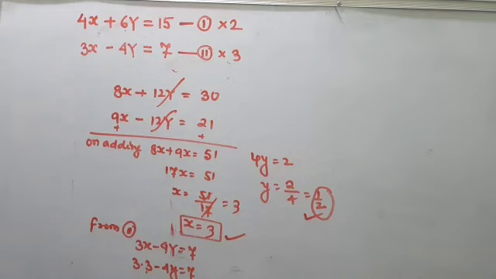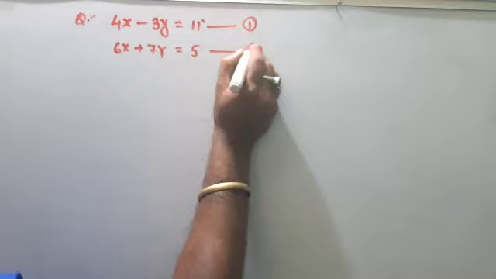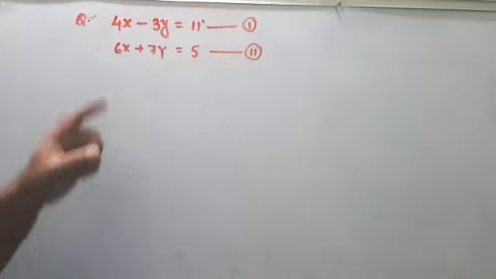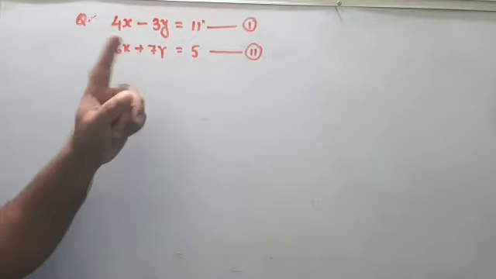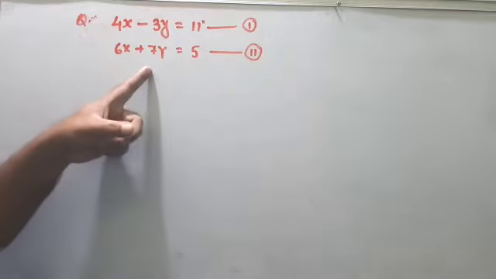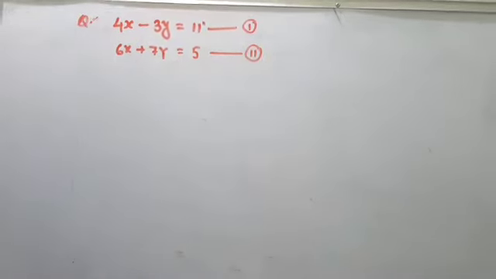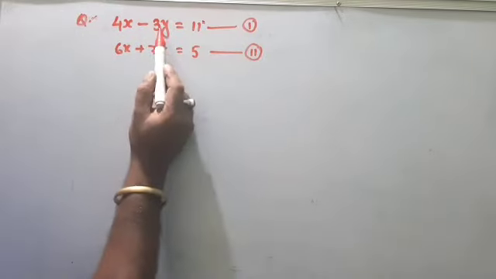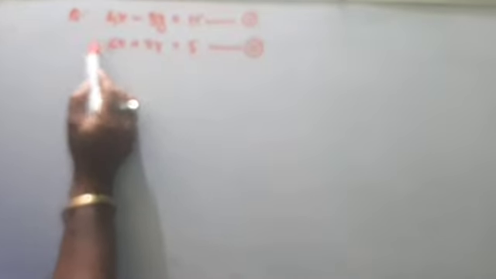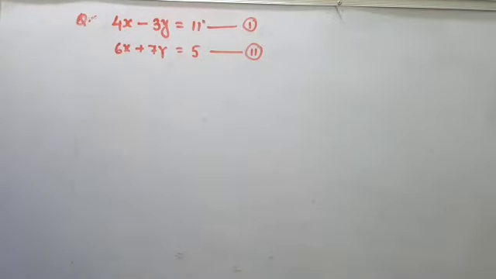Okay, so next question. This is your equation 1 and this is your equation 2. Again they are in opposite terms. To eliminate y, because they are in opposite terms, that's why I eliminate y. This is not a rule or process, I am using it like this, and I also tell you to use it like this, then it is easy for you. If x is in opposite terms, then I eliminate x, but here y is in opposite terms, that's why I eliminate y.